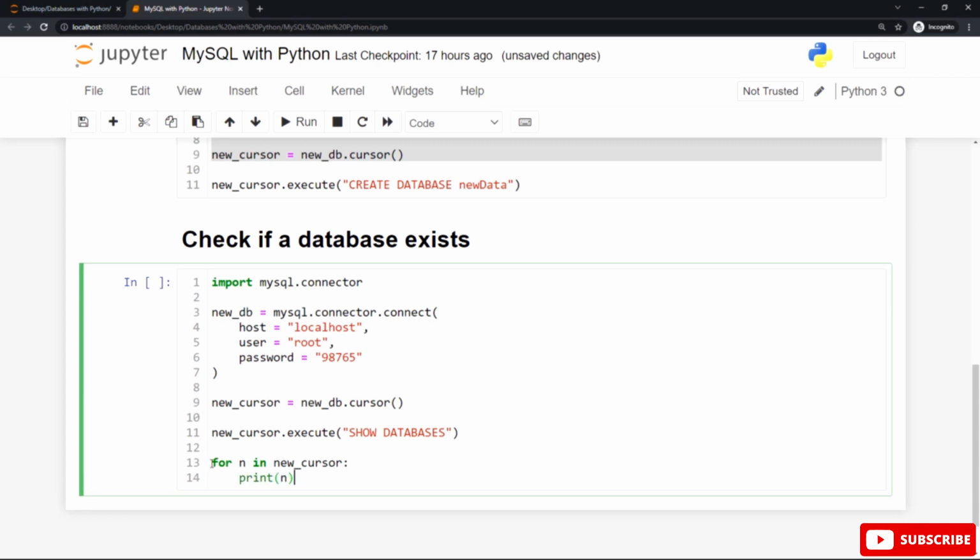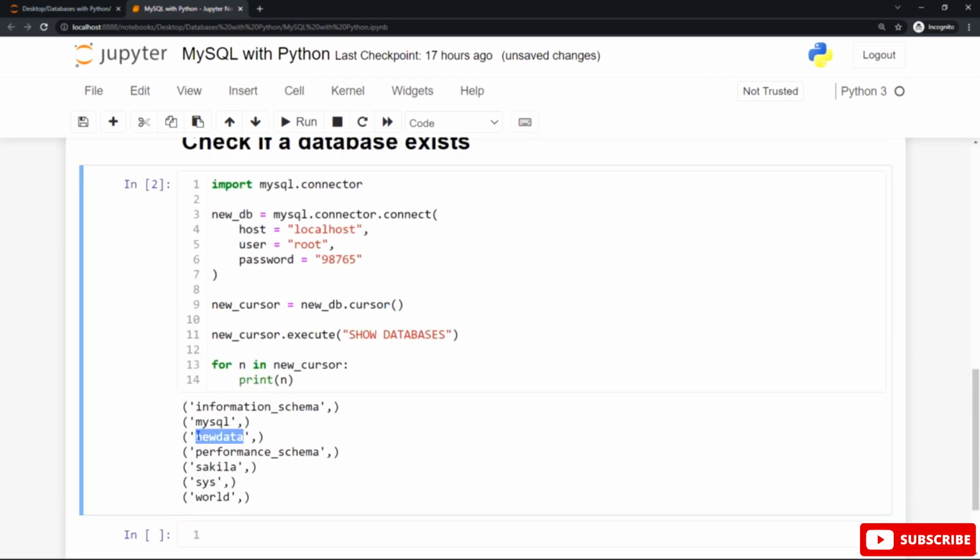As you can see here, the for loop followed by this variable that represents each database, each item in this loop one by one. And after displaying the first database, it will represent the next one and so on. The for loop with the in keyword for this cursor here, and the print function to print each item or each database in this loop one by one. You can hit Shift Enter or Shift Return to execute this program to show or list all databases.